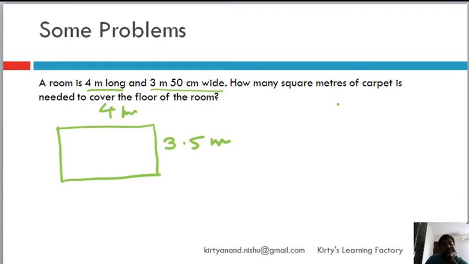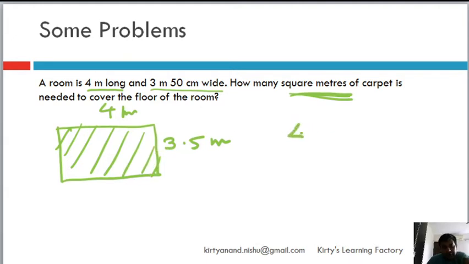Now they say how many square meters. See, square meters has come, so it is area. Because if you have to spread a carpet, if you remember in our example we said that tablecloth or something like that we put on the table. So on the floor what do people put? People put carpet or rug. So it says how many square meters of carpet is needed to cover the floor of the room, right? So as simple as that, whatever is the area of the room, we will need those many square meters of carpet. Very simple question.